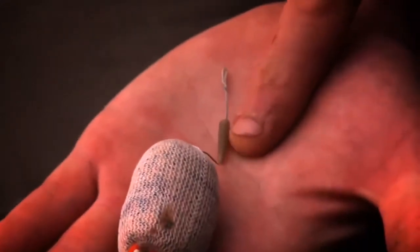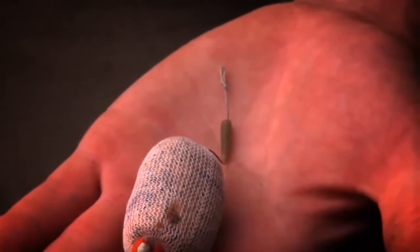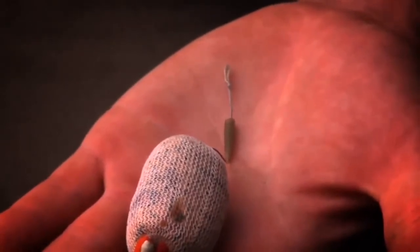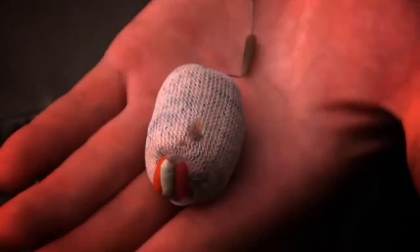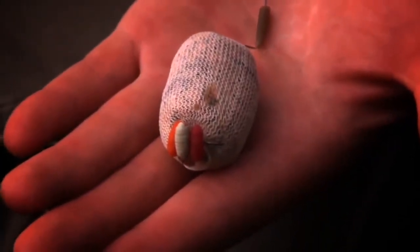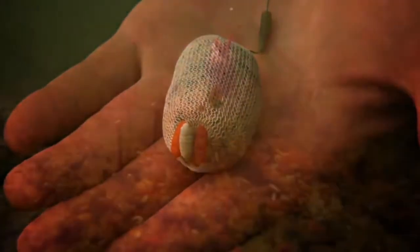And I've cut down a tapered sleeve which will sit over the quick change swivel to make sure that everything sits nice and neat and reduces any tangles. Onto the hook link I've threaded a little PVA bag, and this serves a couple of purposes. Inside there I've got some dry groundbait mixed with casters, and when this hits the bottom, not only is